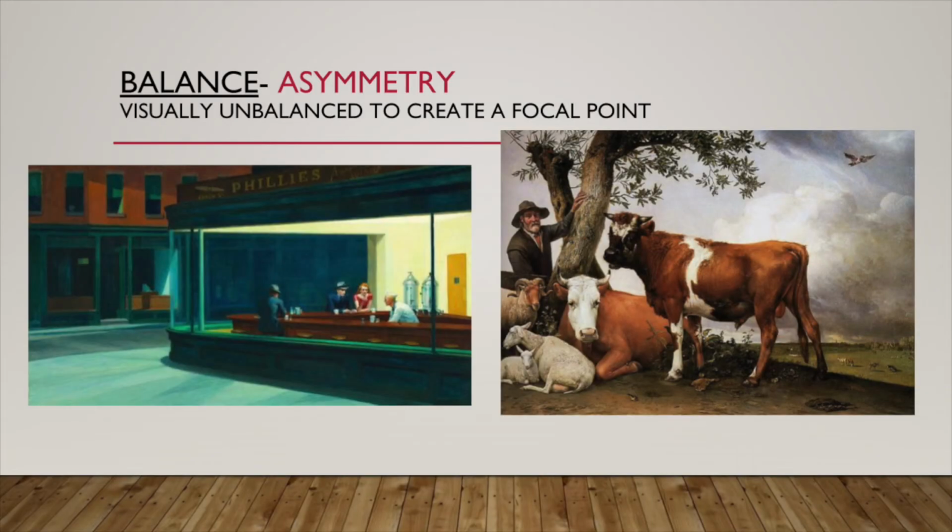The next word is asymmetry. So this would be something that is not the same on both sides. In the image on the left, we can see that we are drawn to the right side of the picture because we see these people that are happening on that right side of the picture, and the left side is pretty empty. And then, of course, the opposite would be this one on the right-hand side where we have all